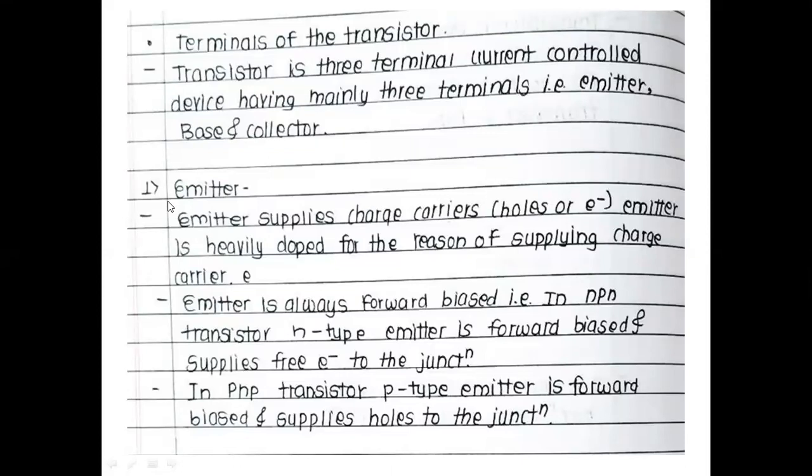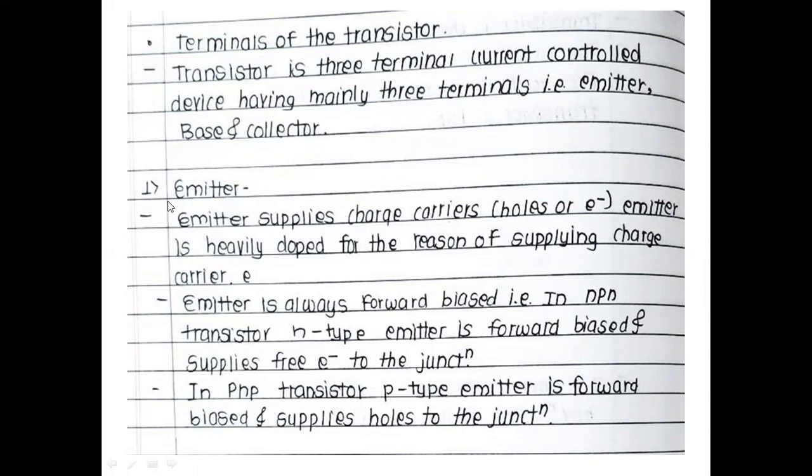Okay, very good. So forward bias means if the P type semiconductor we are using, for the P type we have to connect the positive supply. If it is N type semiconductor, then we have to give negative supply. That is called forward bias. If N type is there, negative supply we have to give. If P type is there, positive supply we have to give. That is called forward bias. If we have given negative supply for the P type, that is called reverse bias.